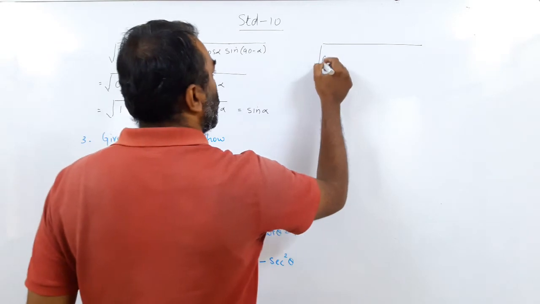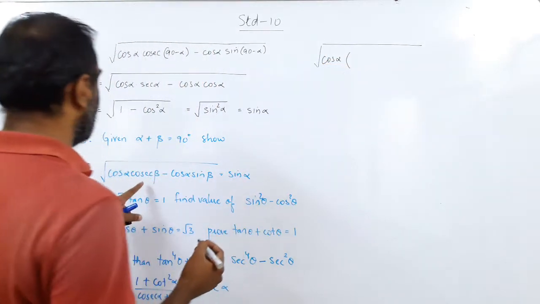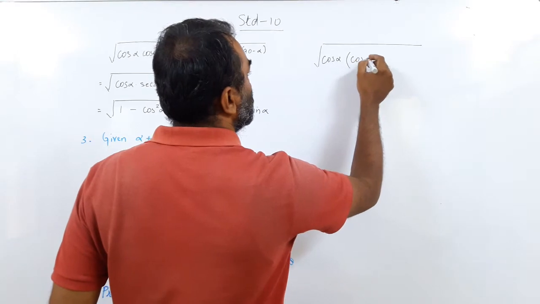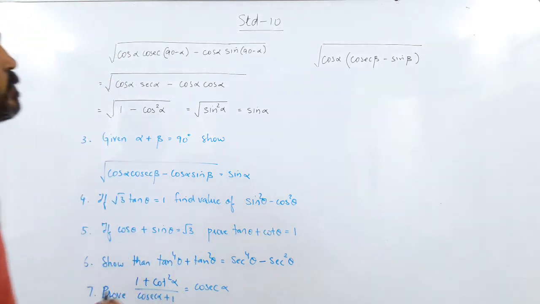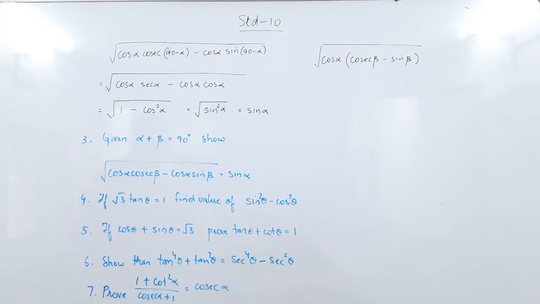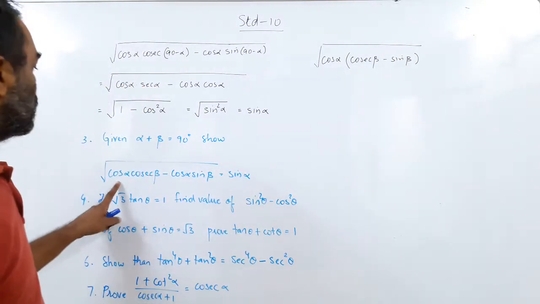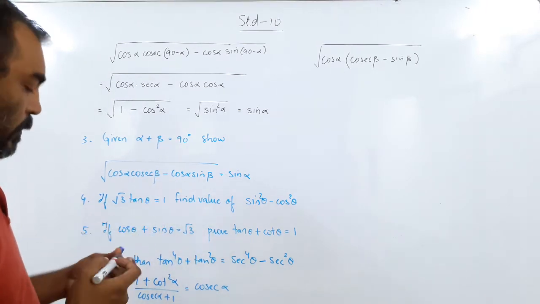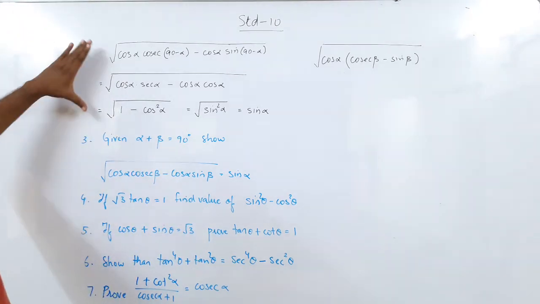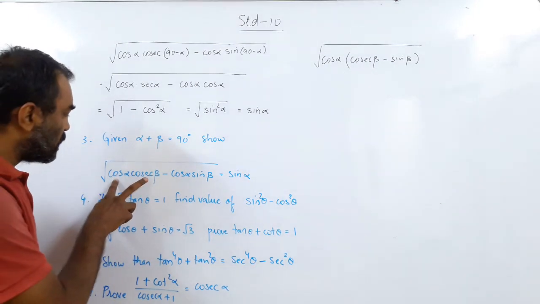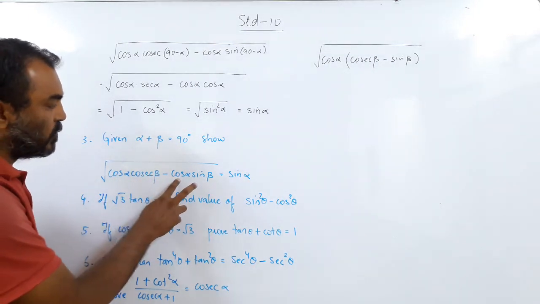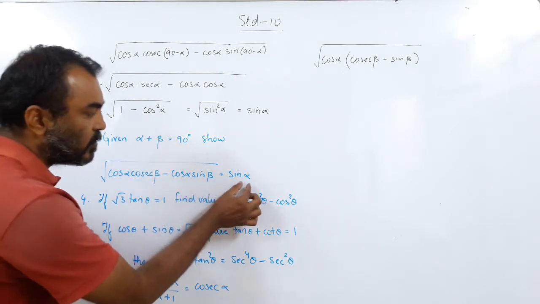If I take cos alpha common, in the bracket I am left with cosec beta minus sin beta. I begin with cosec beta minus sin beta because I took cos alpha common in both. But you see how this approach is different. Now what should strike your mind? What logic do you use here again? Here we are given cos alpha cosec beta, here cos alpha sin beta, and here the answer is in alpha.